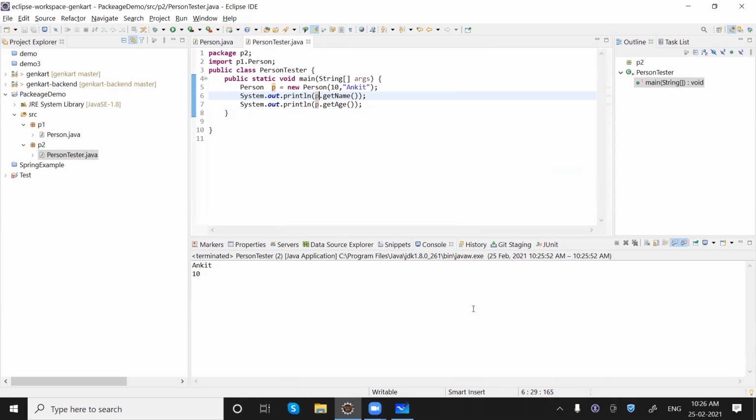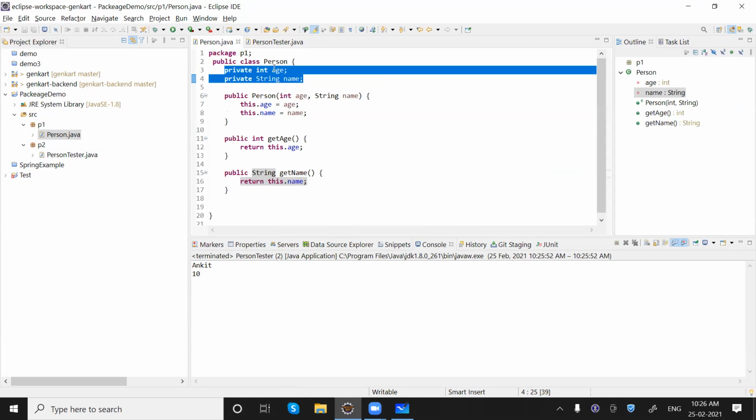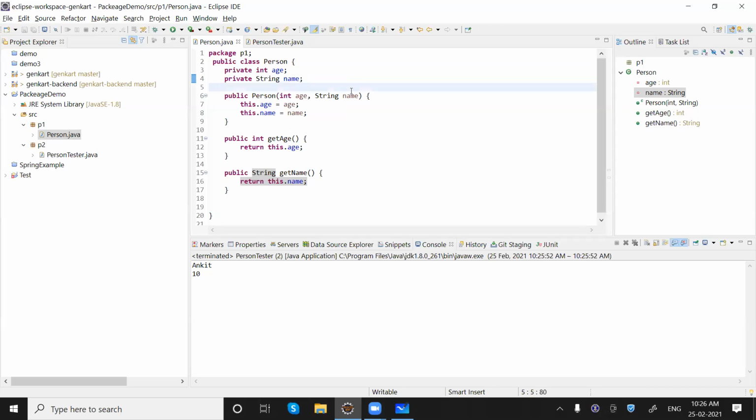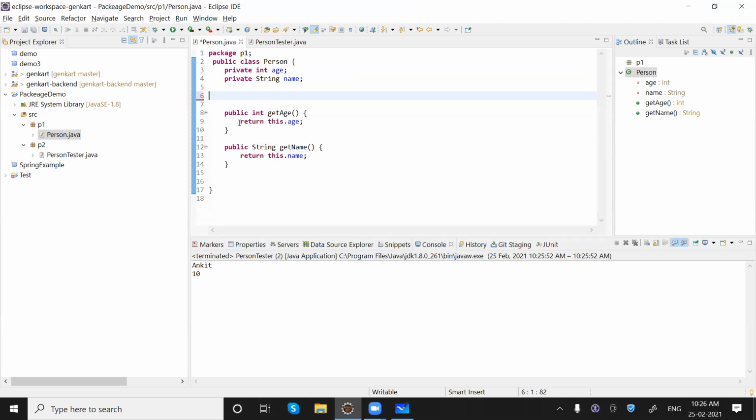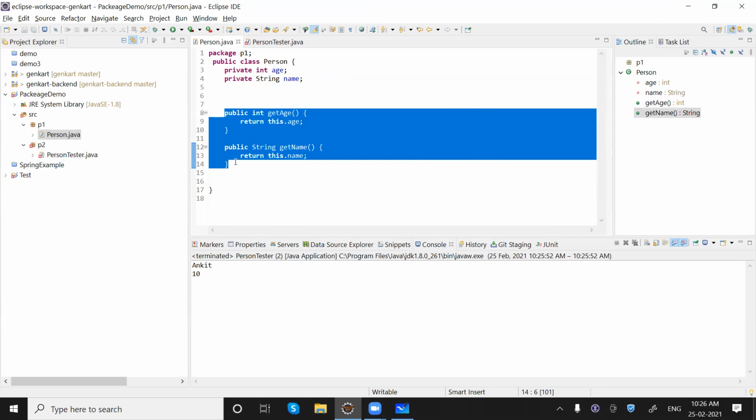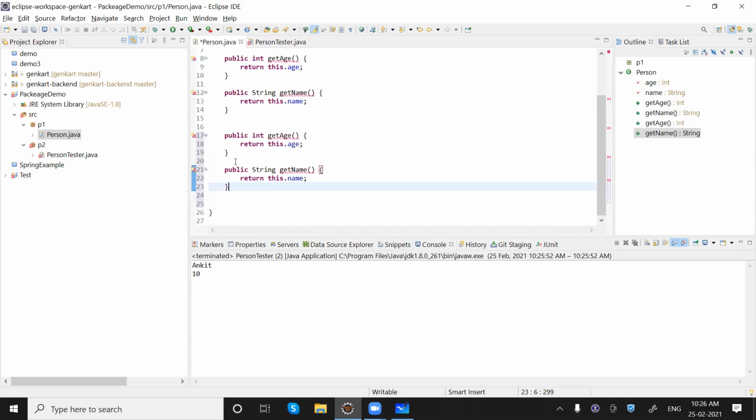One question, Anuj. When we use getter and setter methods, constructor should be mandatory, right? Sorry, when we use the getter and setter methods, should a constructor be there, or can we give the details without a constructor? Which constructor are you talking about? The one we have, Person. This one, right? Yes. Okay, we can remove it, and if we remove it, we know the default constructor would be there. Yes or no? Yes, it's there. Okay, then how will we set the values?